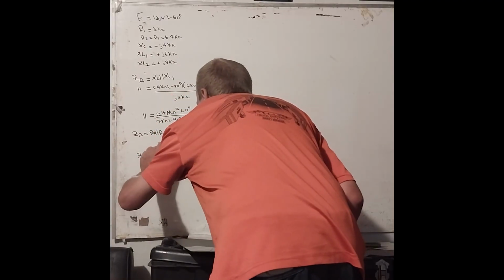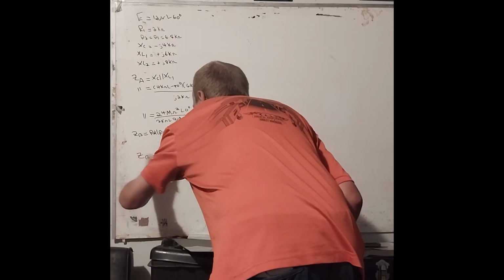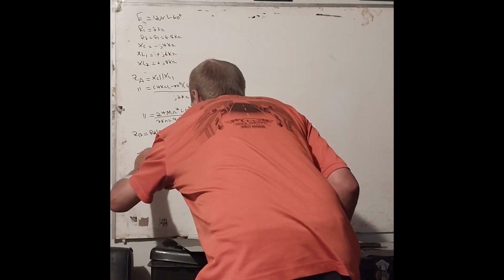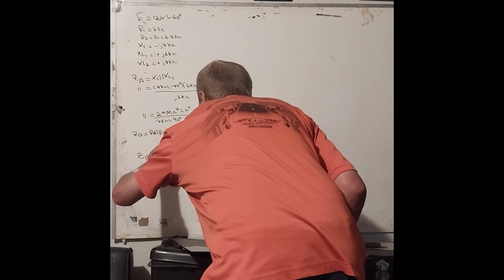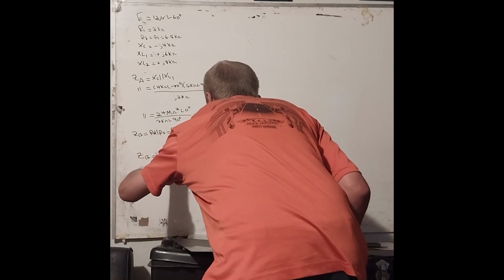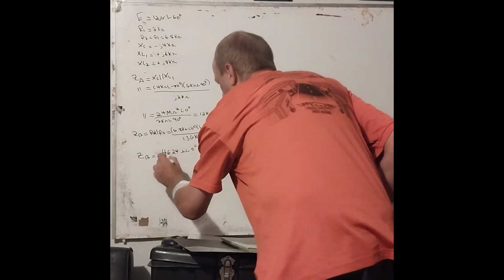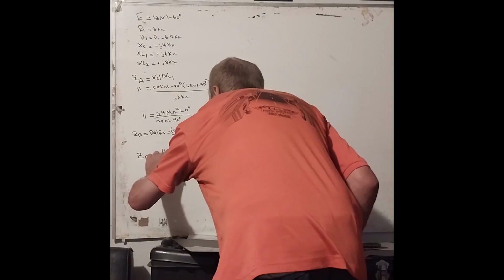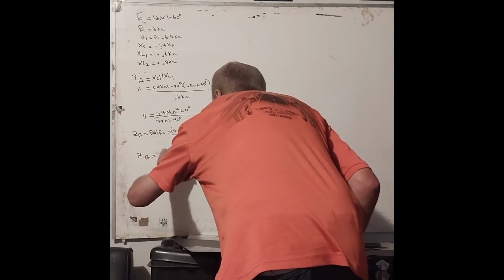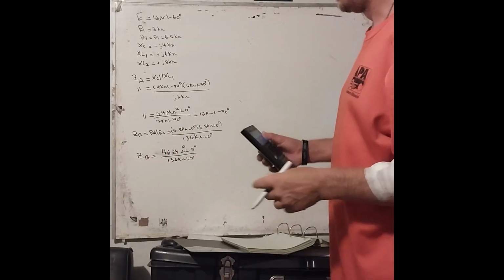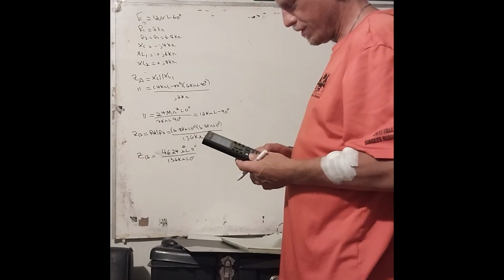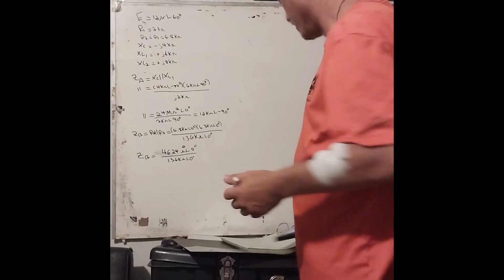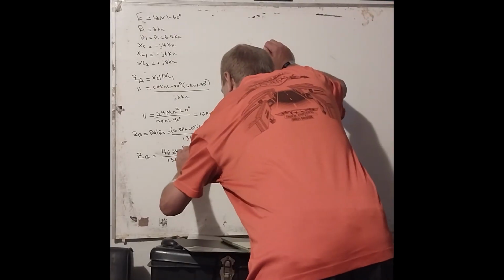46. I keep writing it wrong. So this is ohms squared, and this is divided by 13.6k. Notice that the angle is always going to stay the same. It's always going to be 0 degrees. But what's 46.24 divided by 13.6? 3.4. So this is equal to 3.4